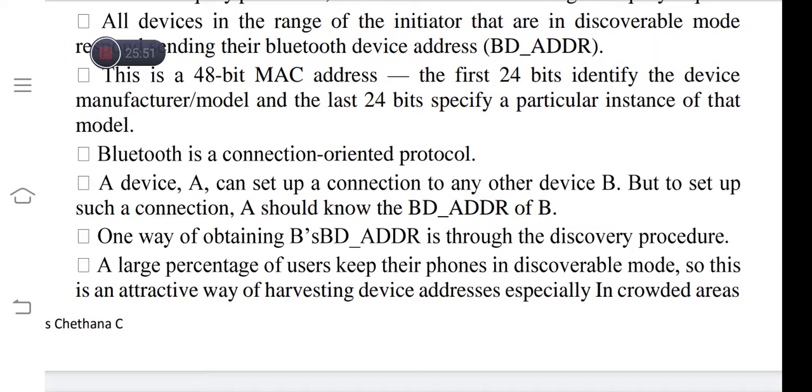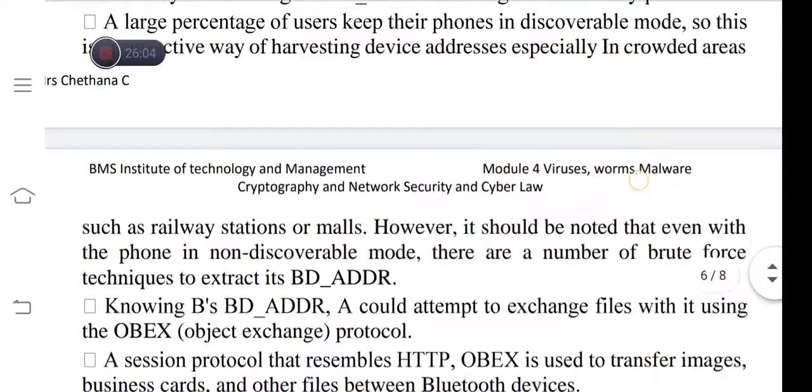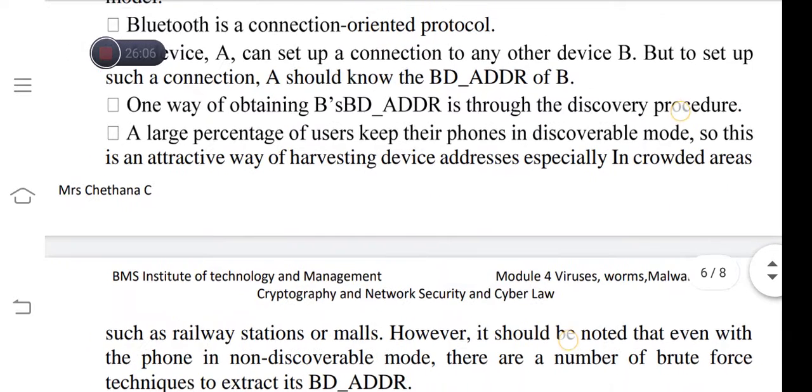A large percentage of users keep their phones in discoverable mode. So this is an attractive way of harvesting device addresses, especially in crowded areas. Obviously, mobile users' phones will be in discoverable mode, and once the request is identified by the other devices, they are going to respond.